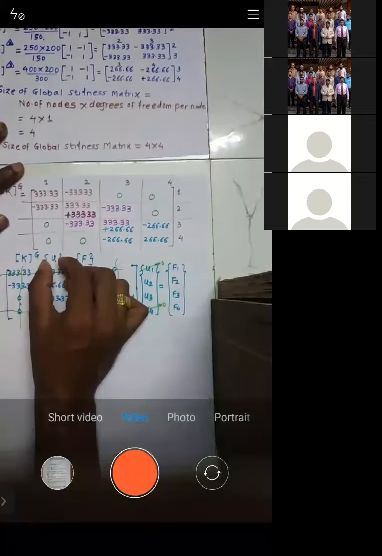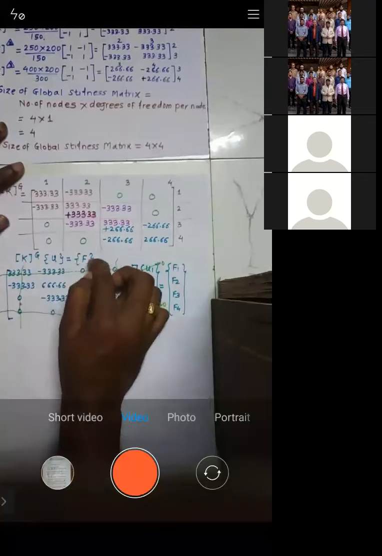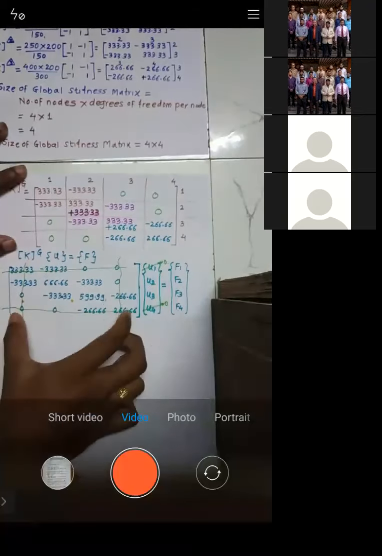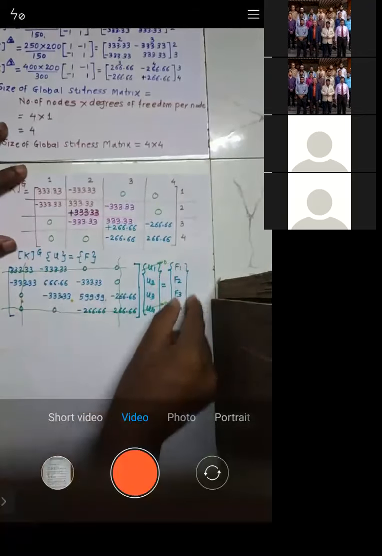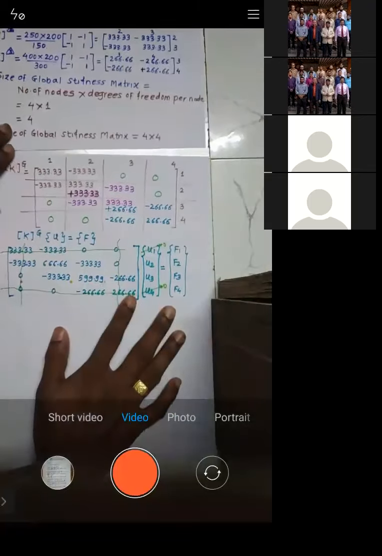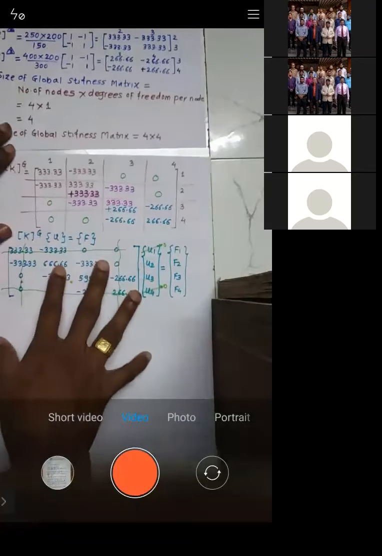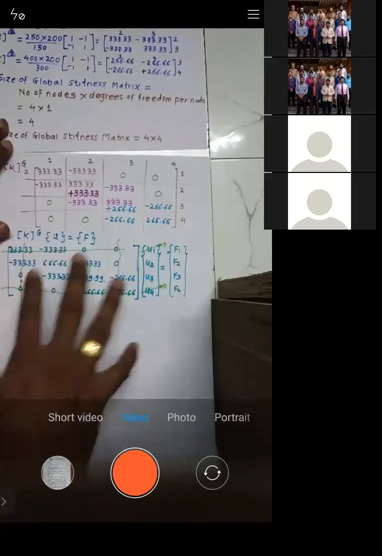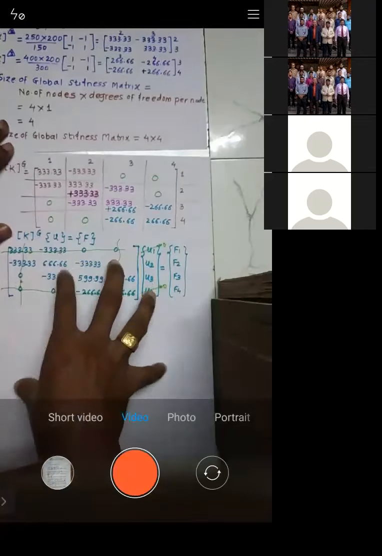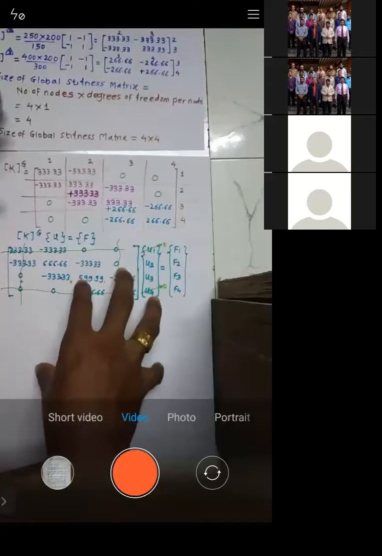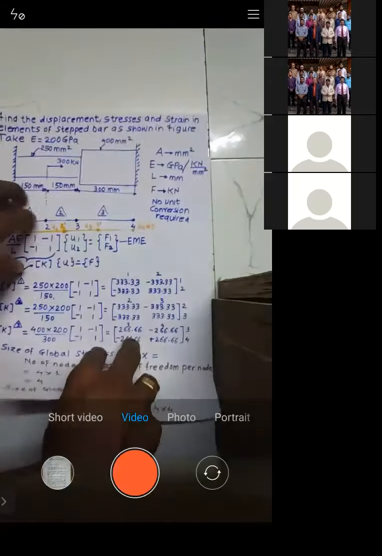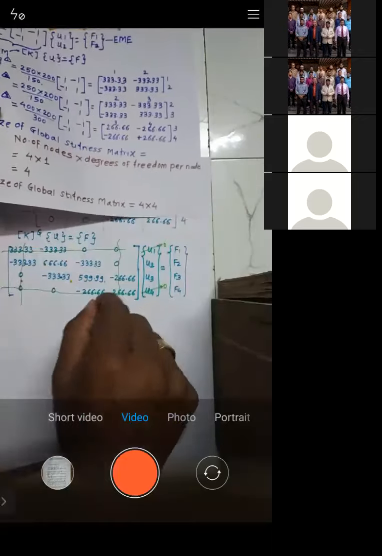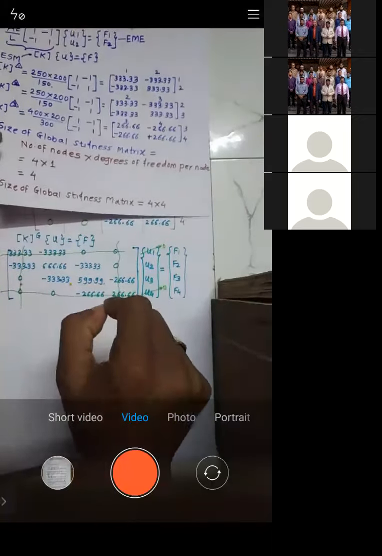When you multiply it by displacement, it will give the force, right? So this is the global stiffness matrix I've written, multiplied by displacement, will be given by force, right? Now we want to solve this equation. Before solving the equation, you try to impose boundary conditions. So what is the purpose of the boundary condition? The boundary conditions are necessary to sustain the structure in the atmosphere, right?